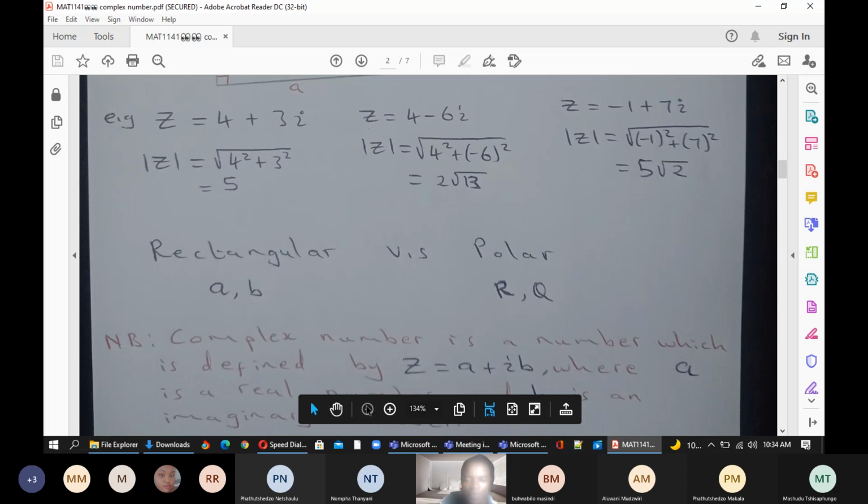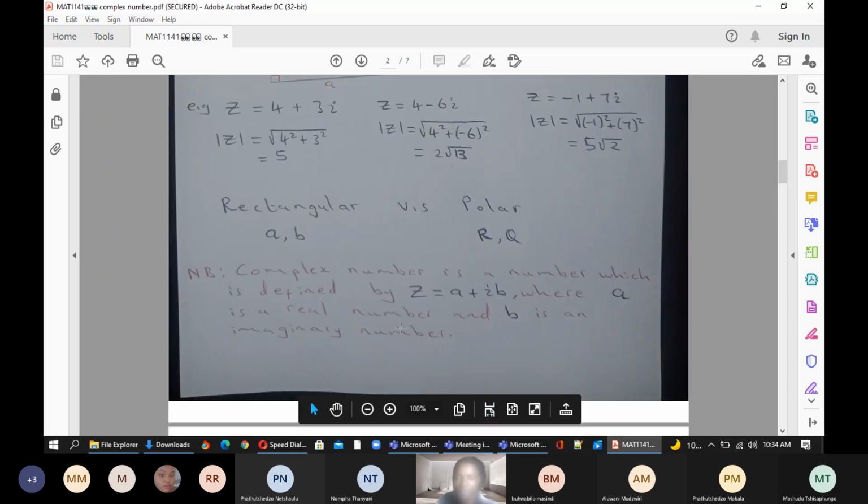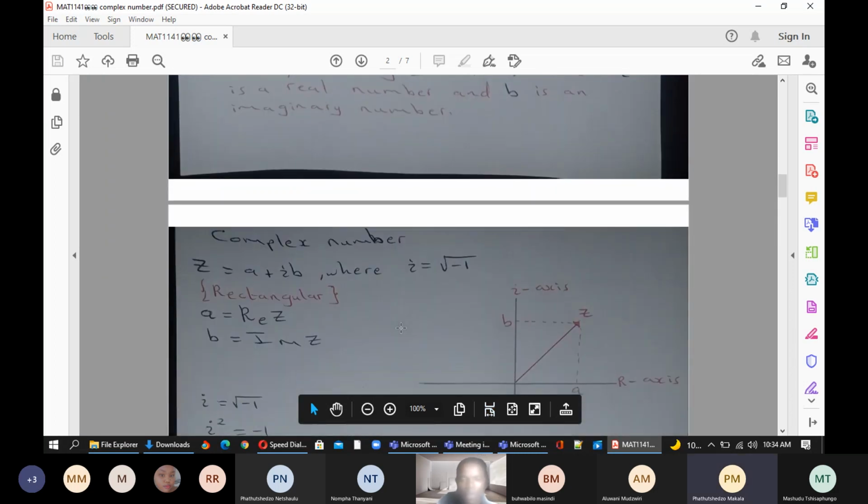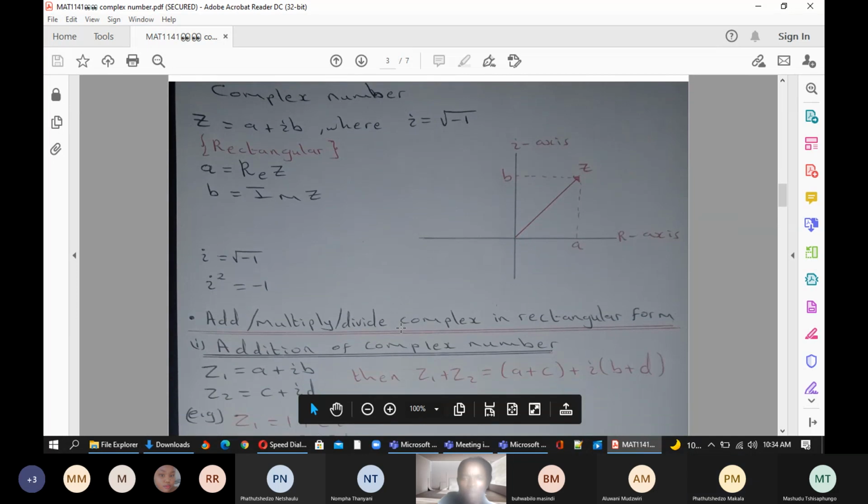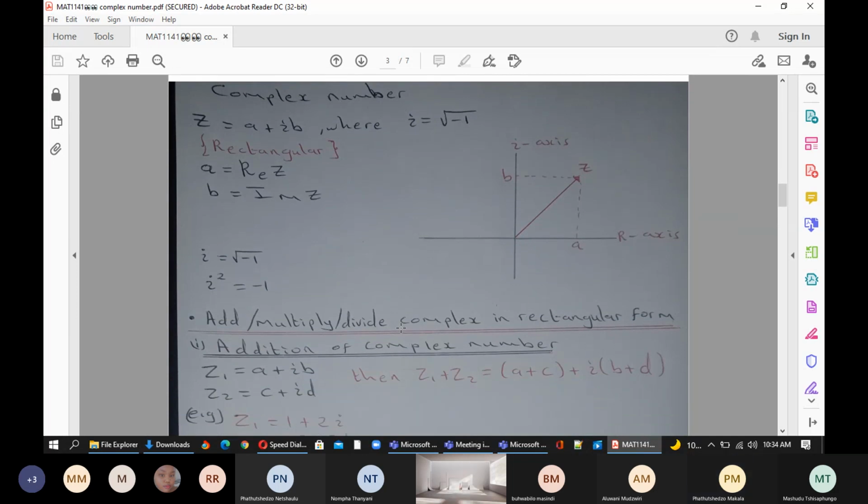So now, let's proceed. Let's talk about a complex number also. A complex number, we'll be talking about z, which is equal to,